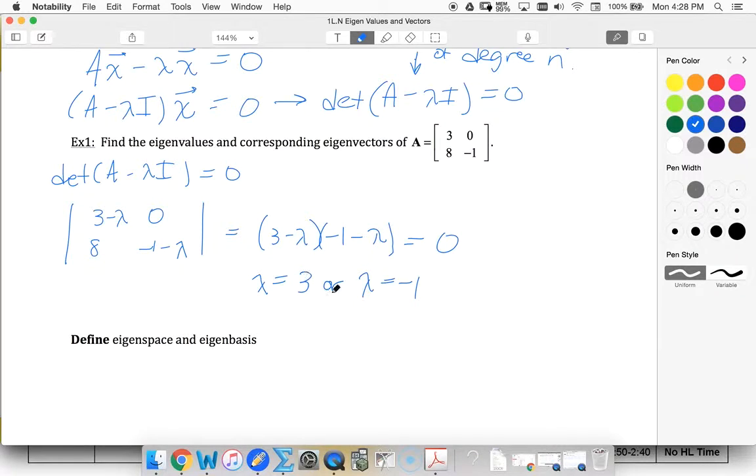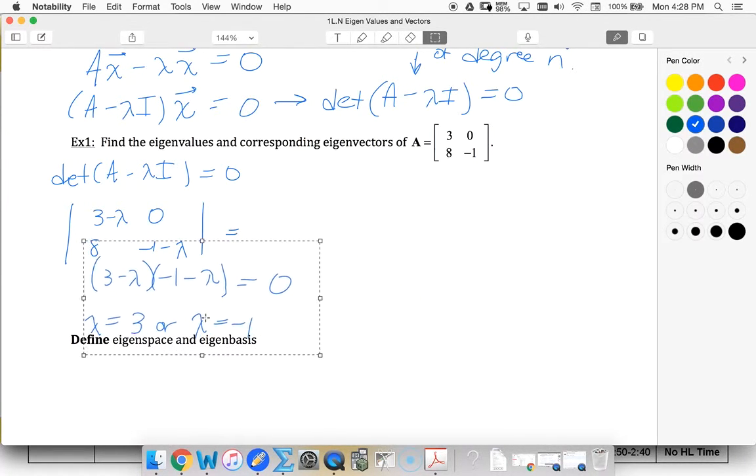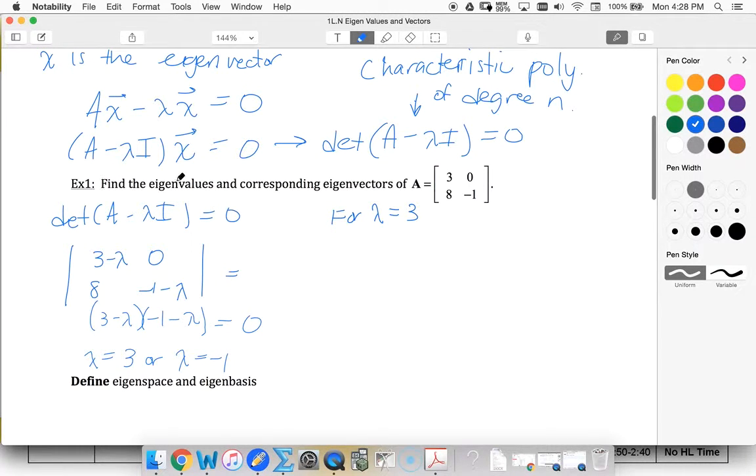Okay, so now I want to determine my eigenvectors. So we need to come back into our original setup to find our eigenvectors. So I'm actually going to move this down a little bit to give myself some more space. So now let's look at lambda equal to 3. For lambda equal to 3, I'm going to plug in the 3 here. I'm going to end up with 0, 0, 8, negative 4 times some vector (x, y), or you could use x1, x2,